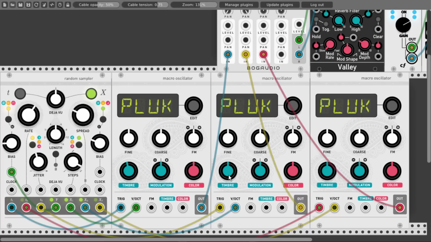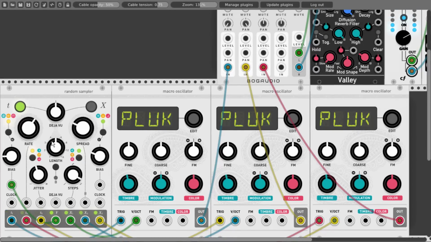Let's make this a bit more snappy. Or we can lock just the T section. So the notes will change now, but not the patterns. Or we can let new information in.